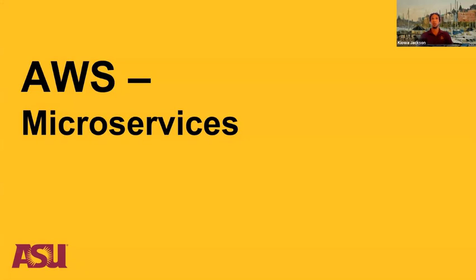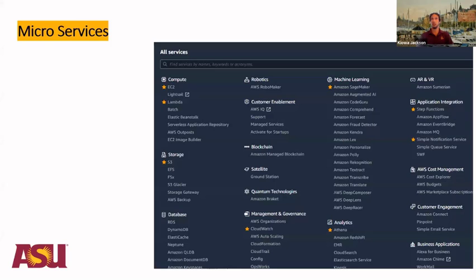The other concept that we need to make sure everybody understands is the concept of microservices. This can be a bit daunting at first when you're new to AWS, because this is just a small selection of all the services that they have. But the idea is to stack many smaller, highly specific services into a custom application. So for example, you can